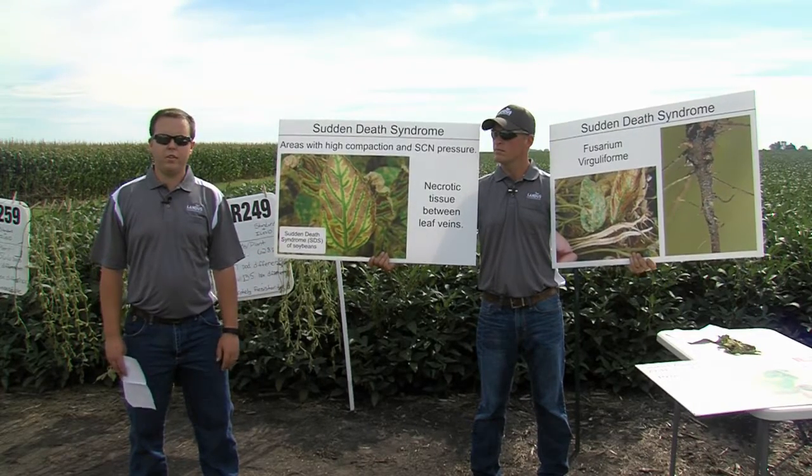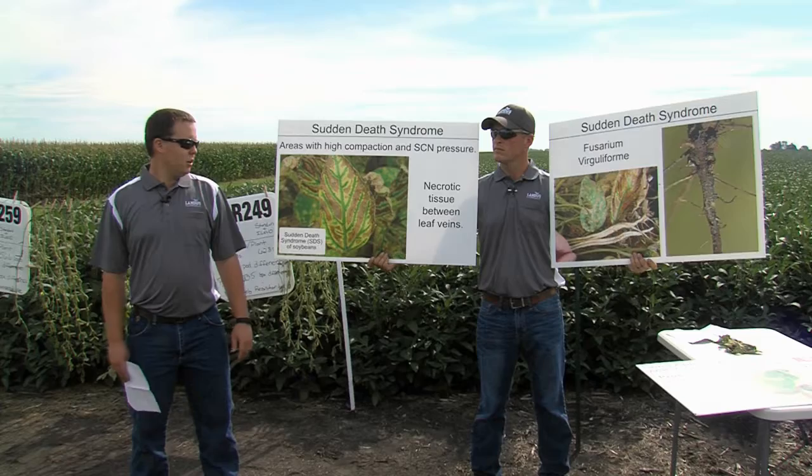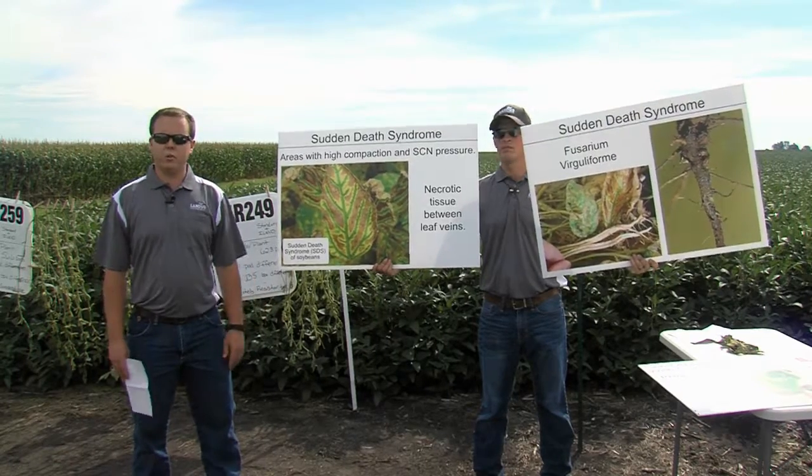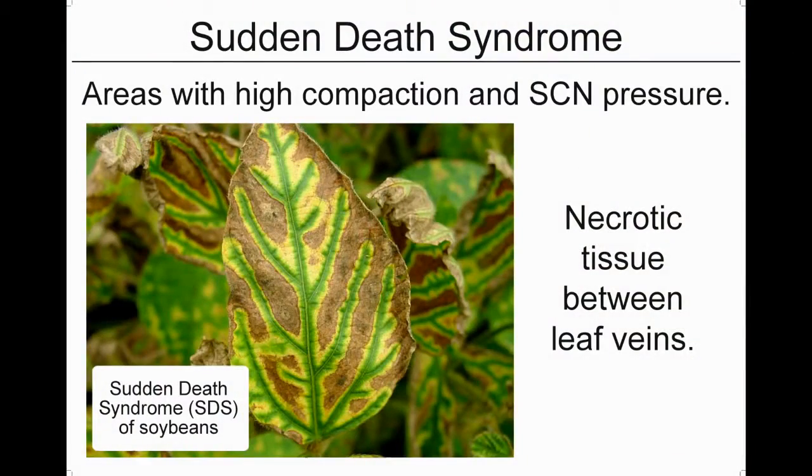Sudden death has the white pith and brown stem rot has brown, but the leaf tissue is very similar when they're infected. SDS occurs several different ways. The most common is by planting early into cool, wet soils. Another way of infection is by planting a variety that has a poor score for sudden death syndrome. We've become accustomed to using foliar fungicides to control disease, but since sudden death syndrome is a root rot, it has no direct effect on the plant health once the plant has been infected and the leaf symptoms start to